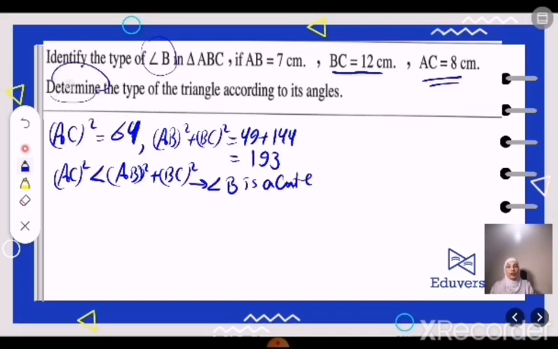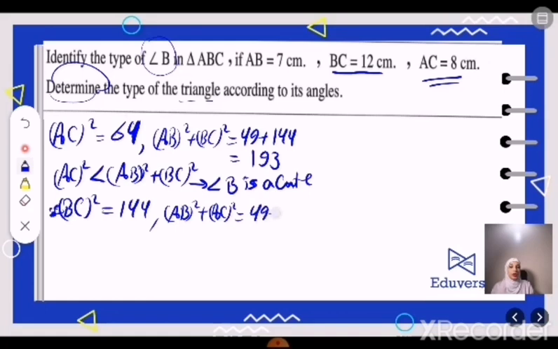Then he is asking you to determine the type of the triangle according to its angles. Determining the type of the triangle doesn't depend on just any angle. No, you have to get the longest side, which is opposite to the greatest angle. If we get the type of the greatest angle, now we know the type of the triangle. We will say that since we have here BC to the power of 2, which is 144, this is the longest side. Now we get AB power 2 plus AC to the power of 2. AB power 2, which is 49, plus 8 power 2, which is 64. Here it's